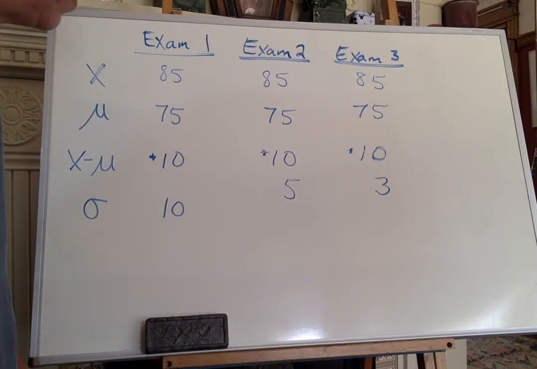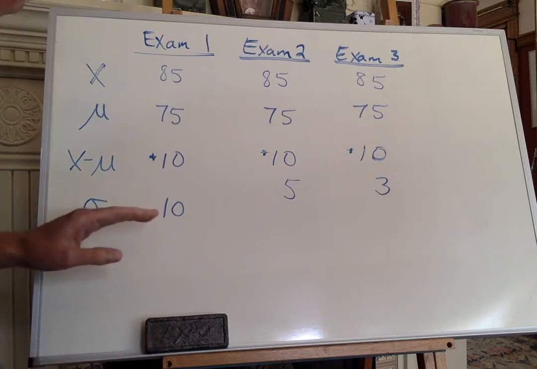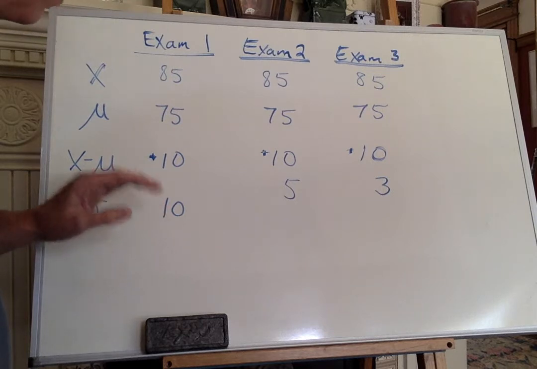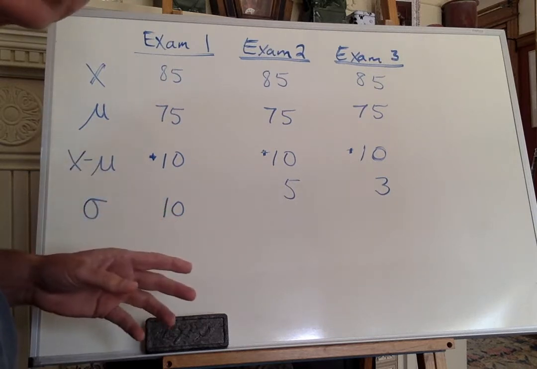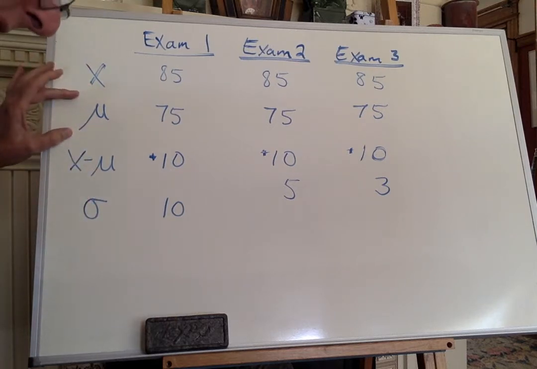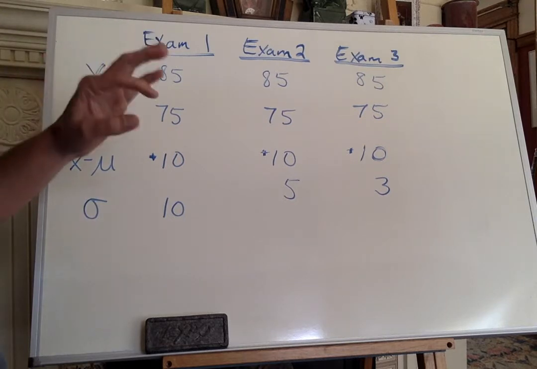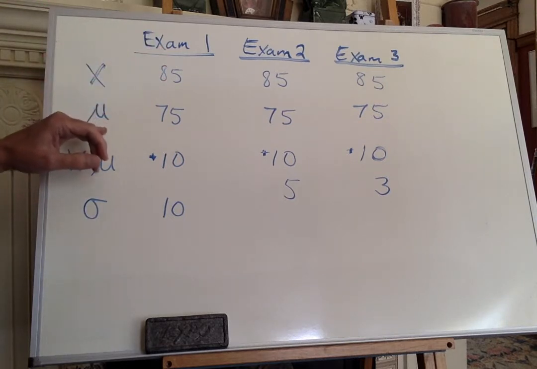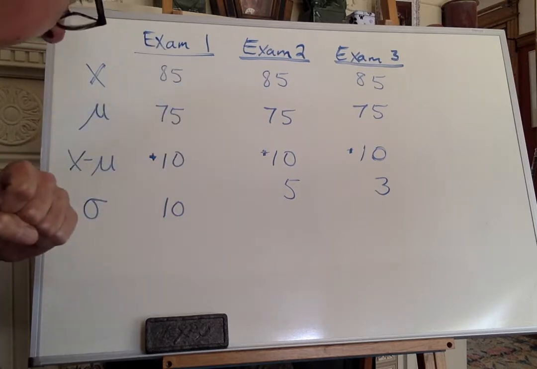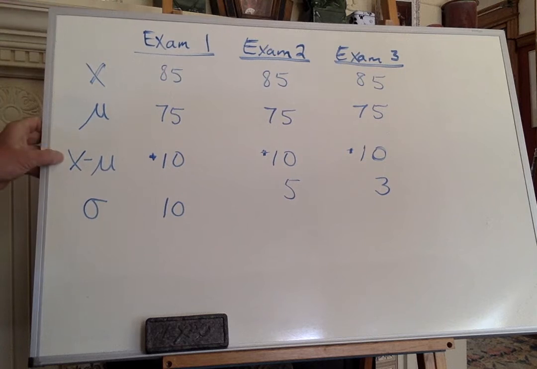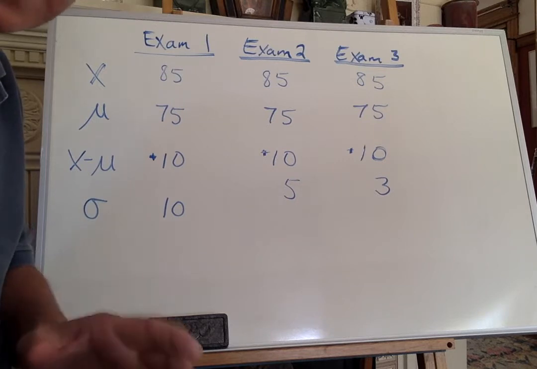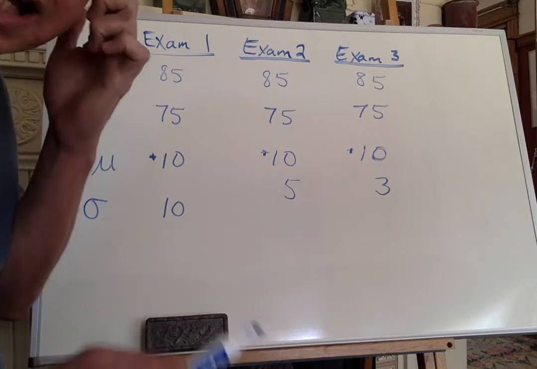And then I ended the last video by asking, well, does it matter what the standard deviation is for the distribution of other scores? So this tells us where the other scores are located, the central tendency. And for a normal curve, this is going to be an accurate depiction or indication of where the center is. We're going to look at the deviation, but does it matter what the standard deviation is? And the answer is yes, it does matter,